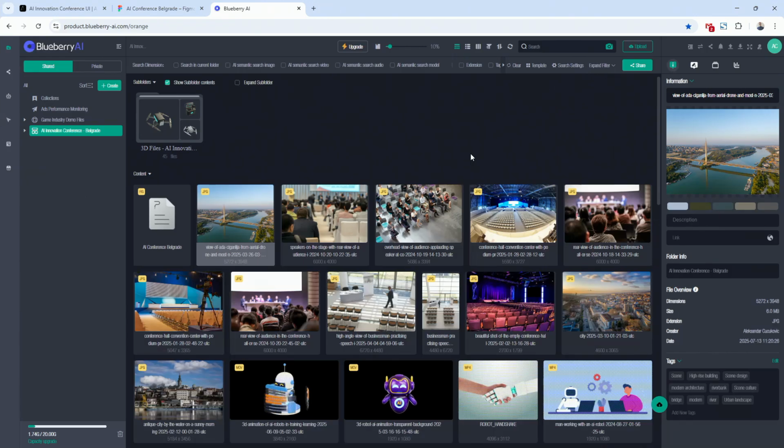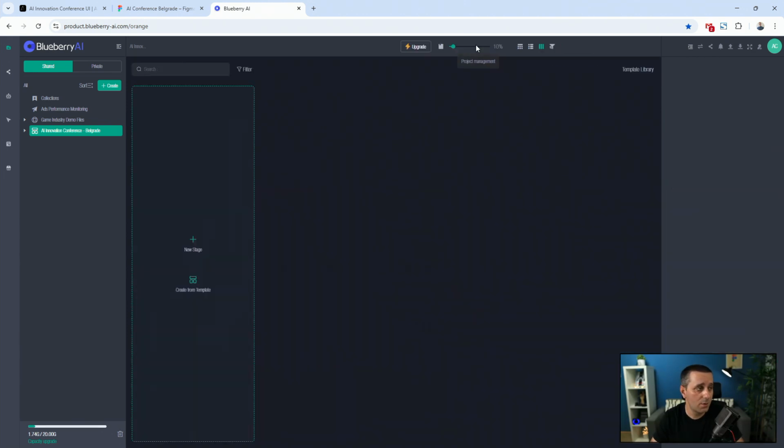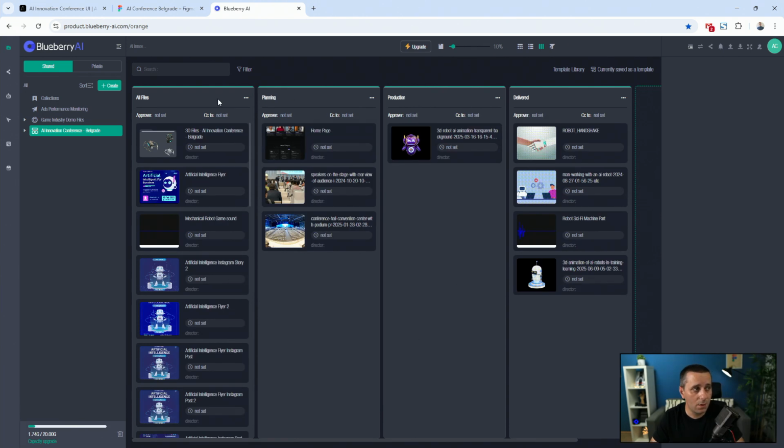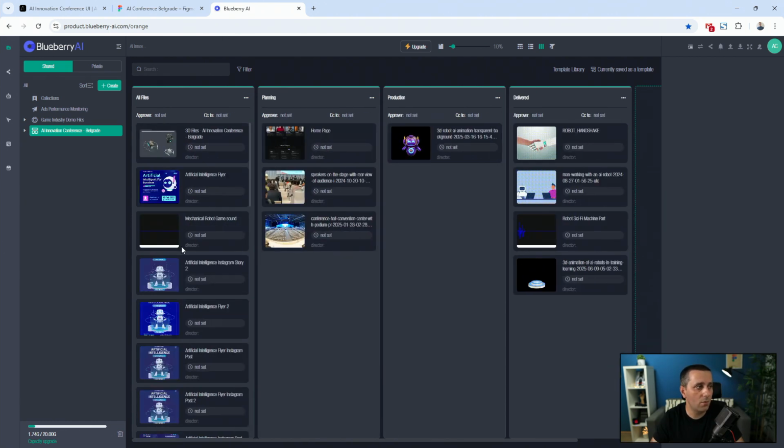So when we are here in Blueberry AI, what we can also do is, instead of looking at the list view or the grid view, we can change to project management. And inside of project management, you can introduce as many status points as you want inside of this Kanban board. For example, you can see all files here, and then we have a planning stage, then a production stage, and then a delivered stage. So everybody involved in this team, in this project, can understand at all times where each file is in the project pipeline, so they can understand if they can use it, if they cannot use it, and